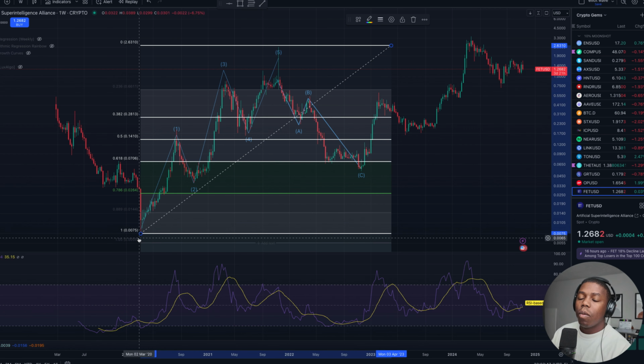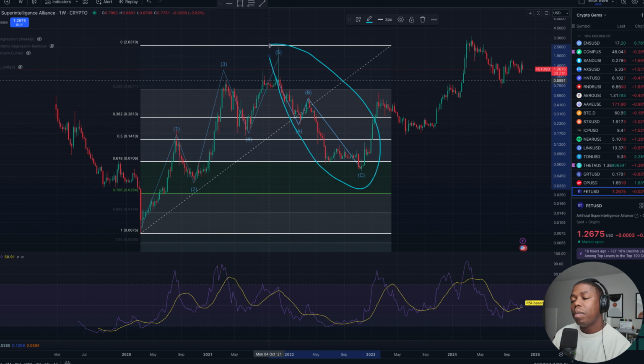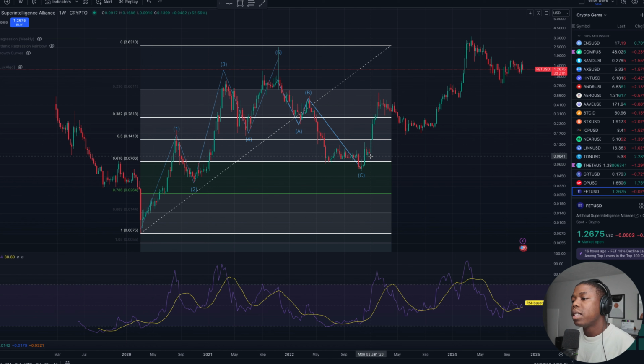So you can see we've got this range here, and typically with Elliott wave on a wave 2, so if this whole part right here was a wave 1, then this whole section here would be another wave 2. So we see price coming down and respecting the 0.618 level. In fact, it touched down here and there was basically a little support, and then it broke down just briefly below the 618 level. And so that's a good sign as well,